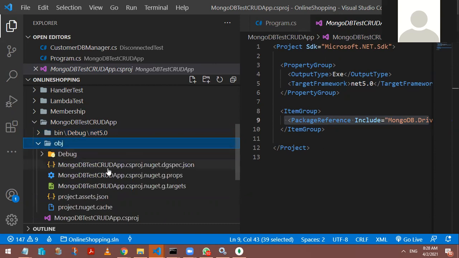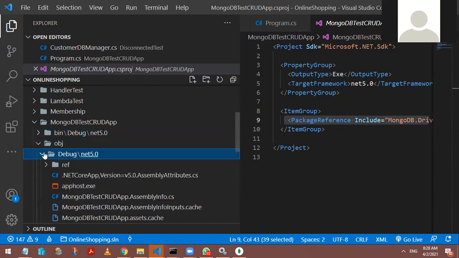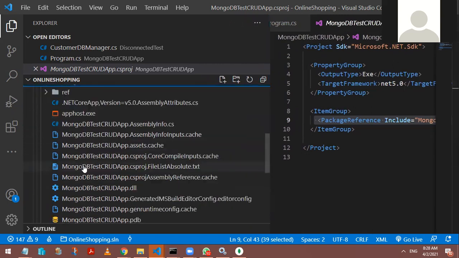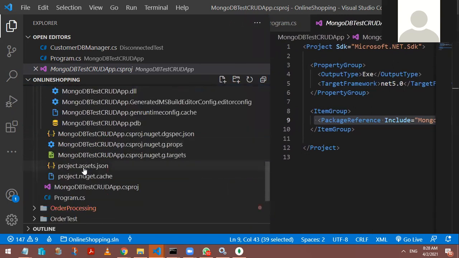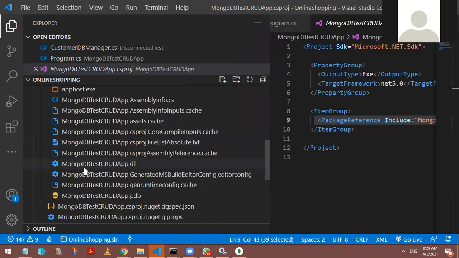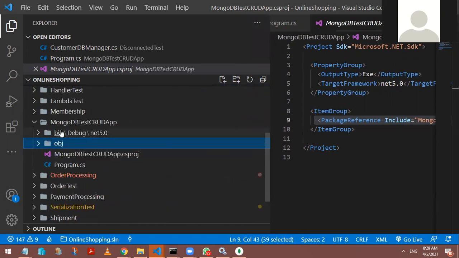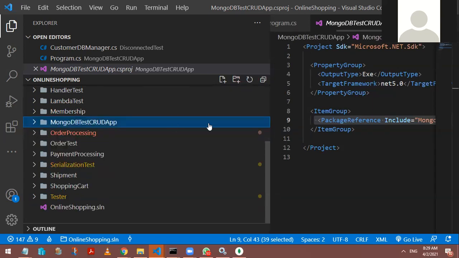Under obj folder, I also get certain information. I do find the debug. To make this application runnable, there are so many extra components that have been added. You find it? Good. I like to show you, always have a curious mindset to see what kind of contents have been created automatically. So this particular package is now available within your project.